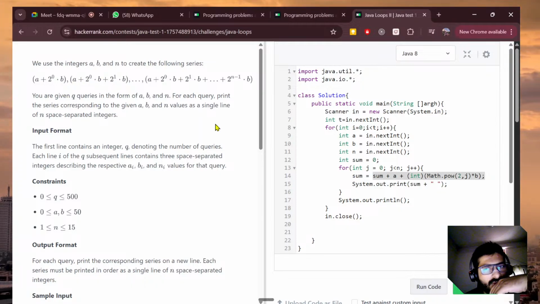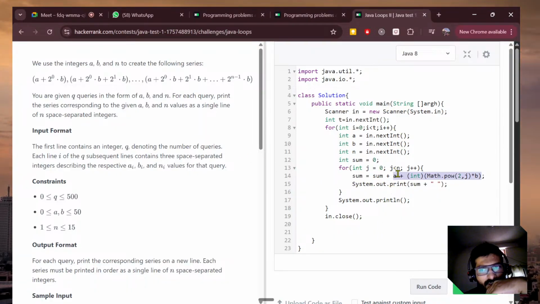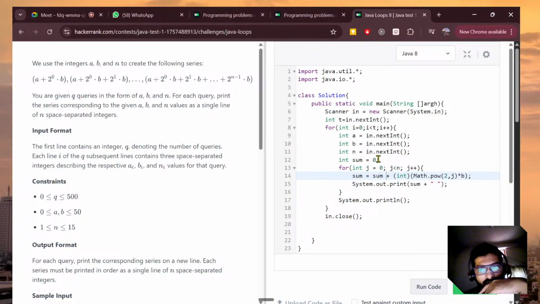Then we are saying A plus this. And in the second iteration, it is adding A again. I think what we are doing wrong is adding that A. So if sum is equal to A,